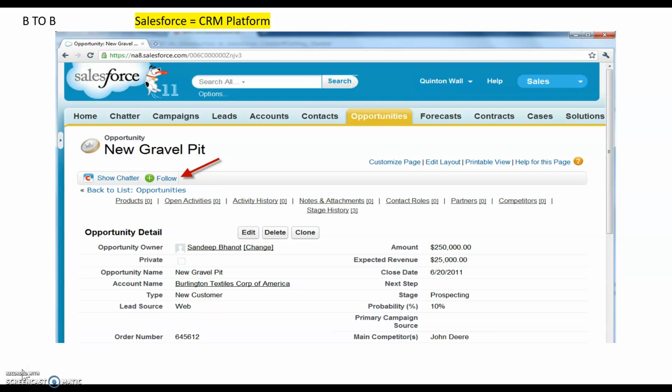Close date is when the contract's going to be signed and I'm going to get it back. That's the deal closing. Contract signed and returned is close date. Oh yeah, probability 10%. You see it right there. What stage is it in? This is where,